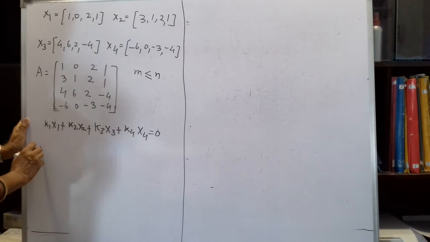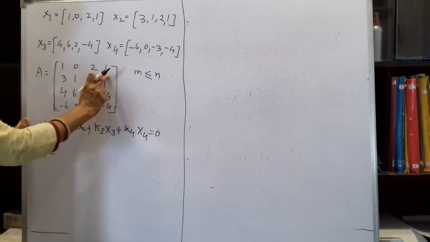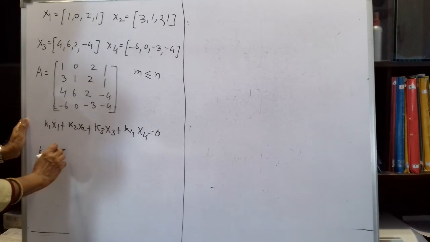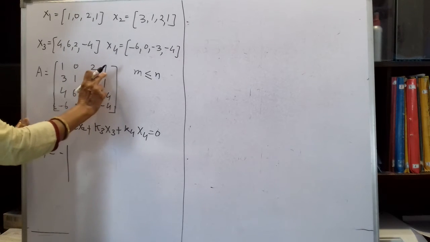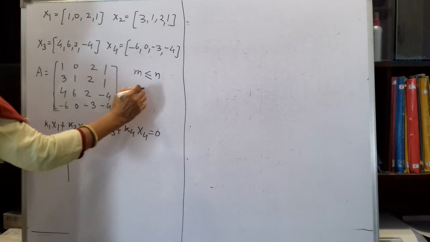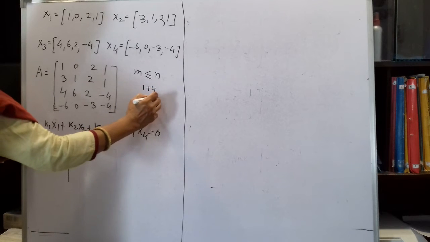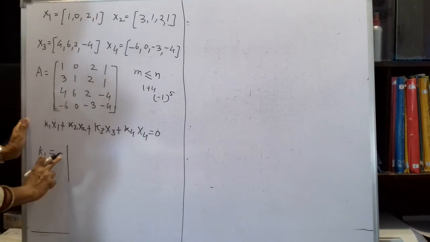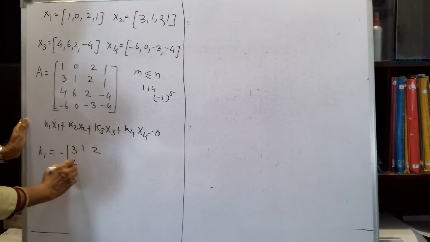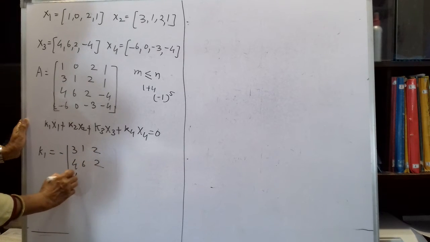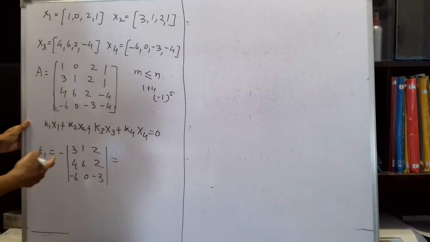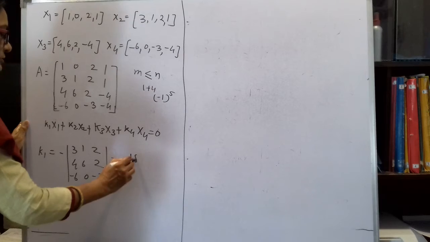So how will we get K1? K1 is the cofactor. 1 का cofactor लेना है नहीं, इसके एलिमेंट और ये एलिमेंट छोड़ देंगे, लेकिन माइनस लेना है. Why do we have to consider the minus? Because it is the element of first row, fourth column. तो 1 plus 4 is 5, minus 1 का पावर 5 होगा तो नेगेटिव आएगा, इसलिए यहाँ नेगेटिव लेना है. तो हमको लेना है यहाँ पे 3 1 2, 4 6 2, minus 6 0 minus 3 and we have to solve it. ठीक है, और सॉल्व करने के बाद we are getting it is -18.